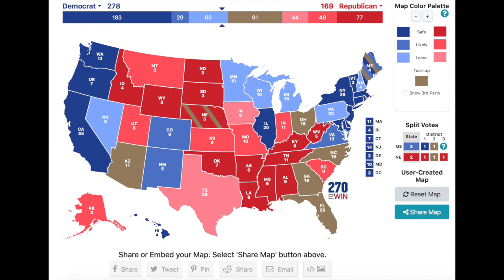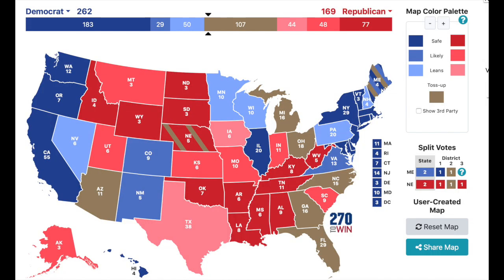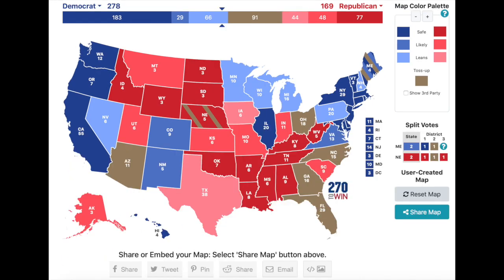Now, in this map, you're going to see a lot more light blue, particularly with Minnesota, Wisconsin, Michigan, and Pennsylvania. I should let you know that two weeks before creating this video, Michigan was tan. If we moved Michigan back to being tan, you'll see that Joe Biden still needs to win at least one more state to be able to win. Now, we're going to throw this back to blue because that's where the consensus is at.